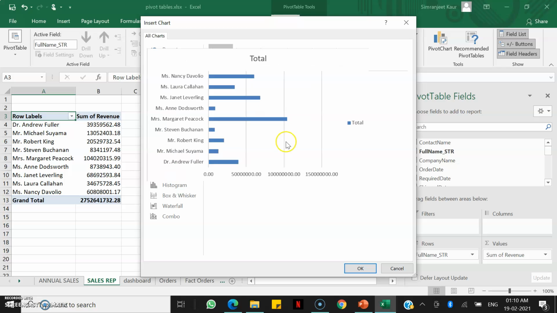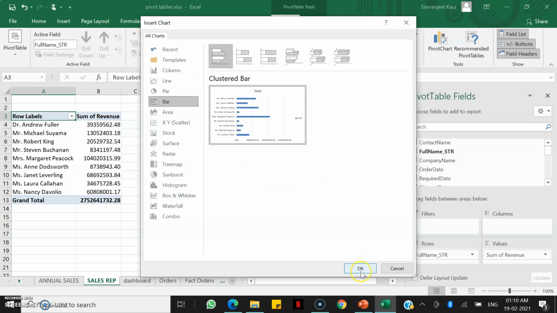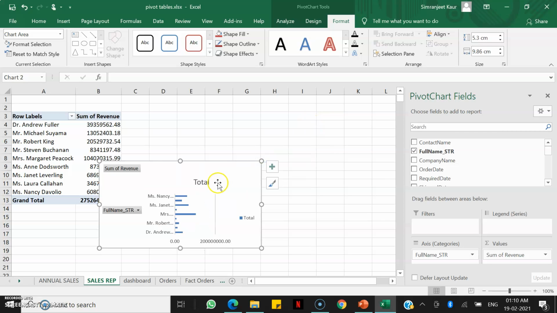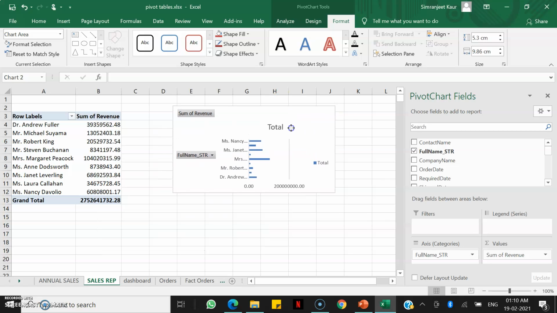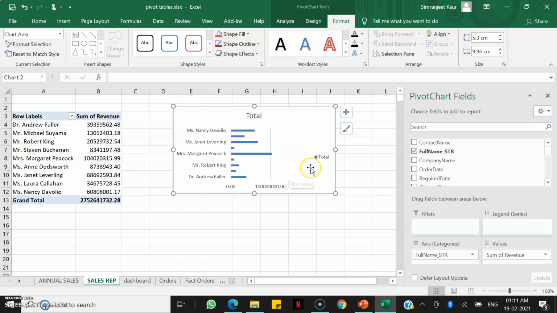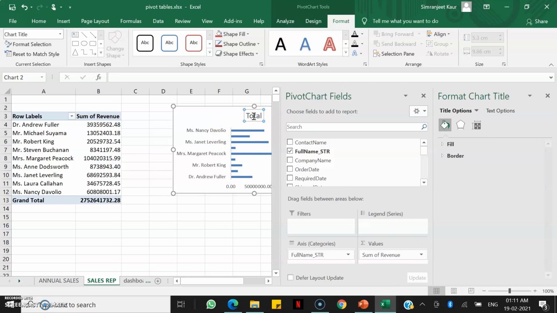So I think a bar graph will be a good representation here. Press OK. Let me resize it. Now we need to format this chart. We'll start by hiding all the field buttons. Let's delete this. We'll delete the grid lines also. Let me rename it